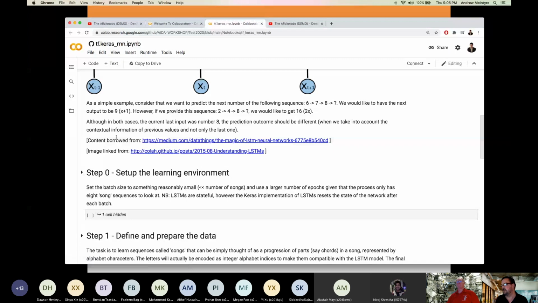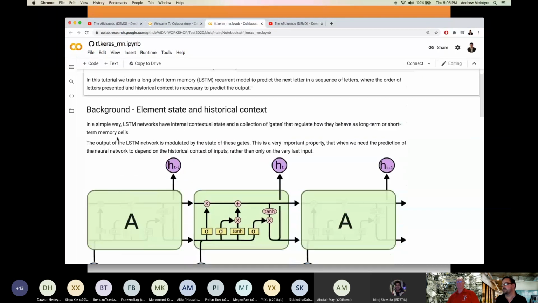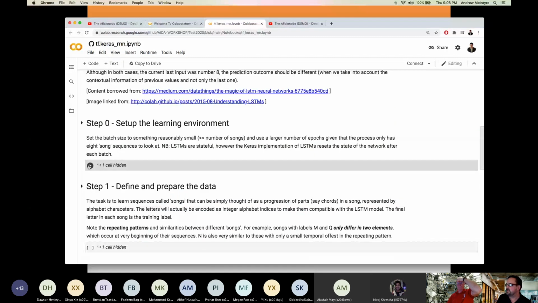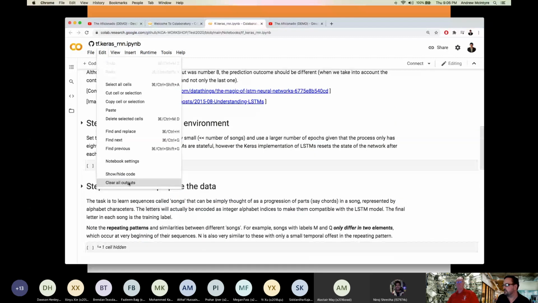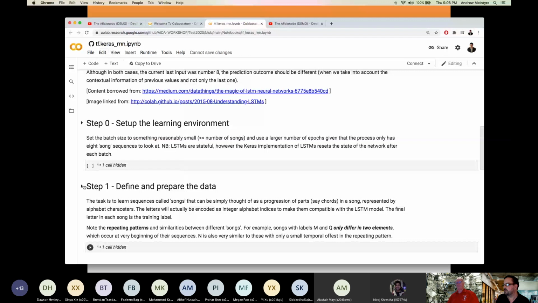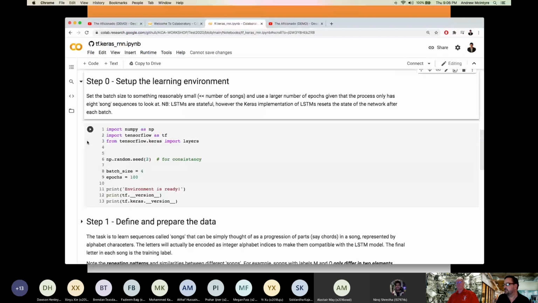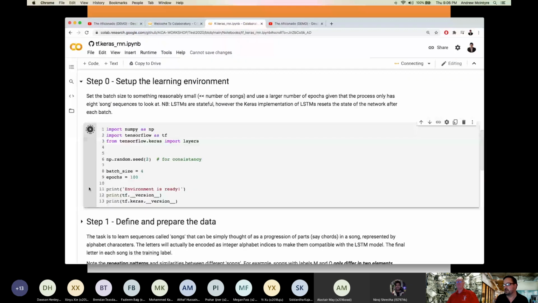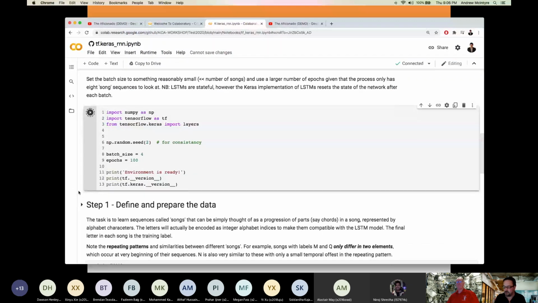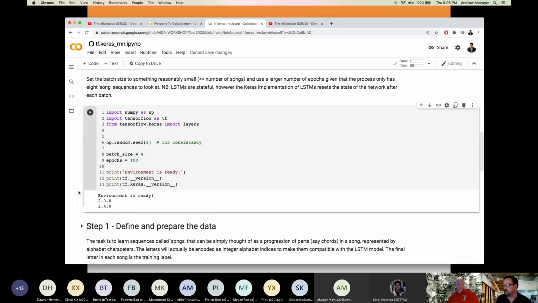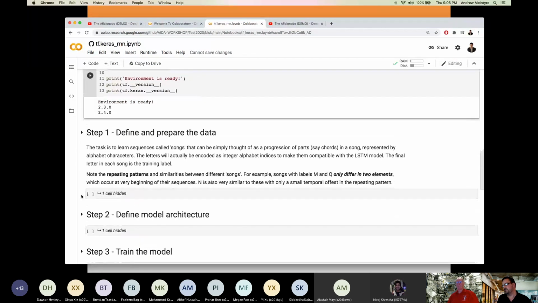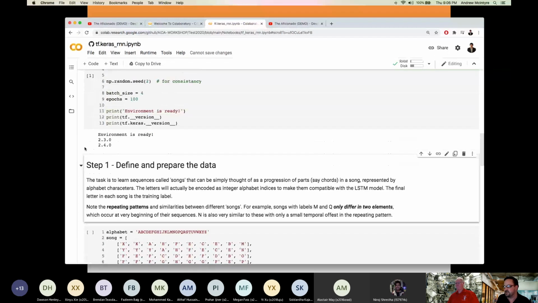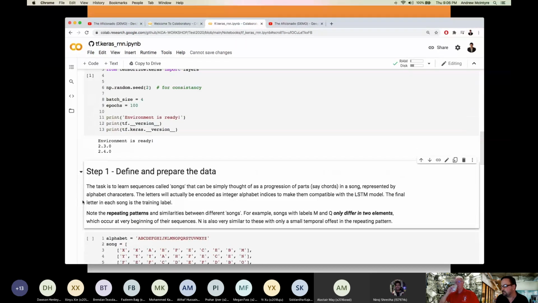There are a few links here that you can use, previous to step 0, a little bit of background. But again, I'm just going to delete the previous outputs so that I have a fresh slate here. We're going to start with the environment setup. This stuff is going to start looking familiar to you, and you can see that things are going right. The messages should start to look familiar.